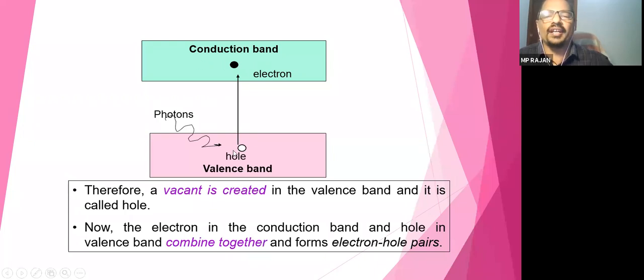Now we are liberating electrons from the outermost orbit by using the sunlight. So sunlight is in the form of photons. It is an energy, or you can say it's a light energy. So light energy is converted into electrical energy. Okay, so a hole is left here. Suppose one electron is gone to the conduction band, it means there is a positive hole here, meaning deficiency of electron here. Electron is in the conduction band.